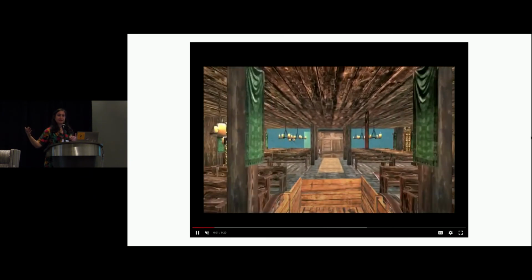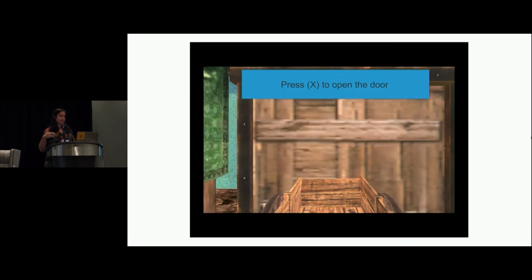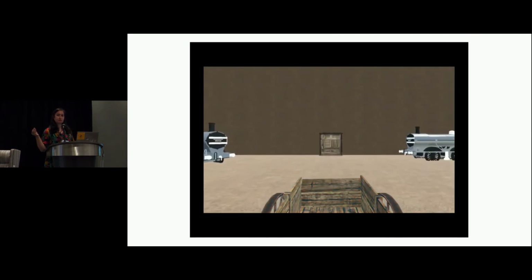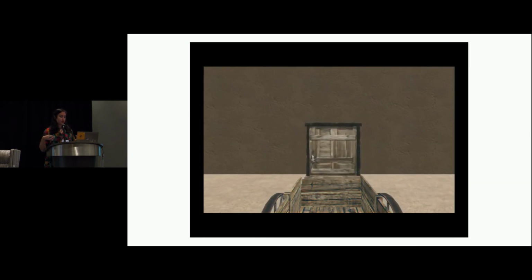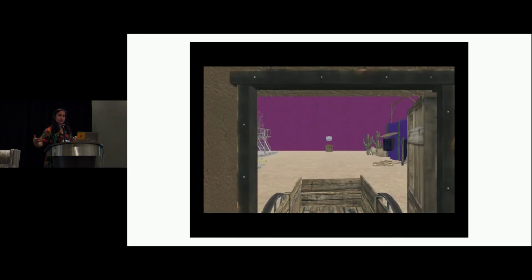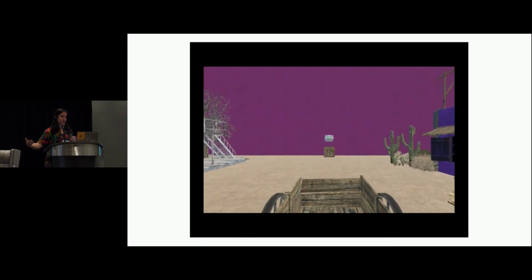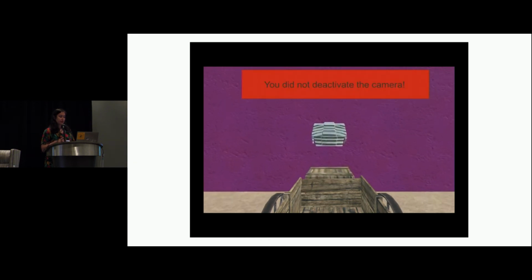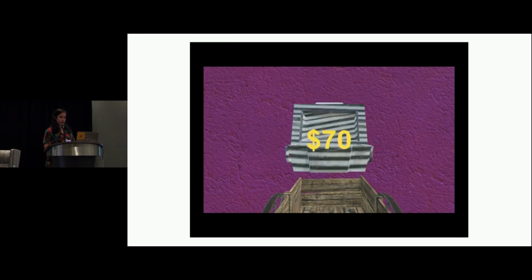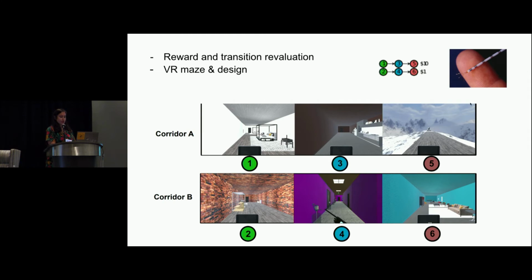So the task looks something like this. You just go through different states, in which case there are rooms. This is a task that is a modification of my 2017 task that I made for patients. And then you go through state 2. You're navigating on that MDP that I showed you, which is short for Markov decision process. You go to the end, you click something, and you see how much reward there is. And then this could go either, so there's one corridor that was the one that you saw maybe, and then there's another corridor that goes in a different direction. We made different scenes and different music just to make sure people don't confuse in which corridor they are.